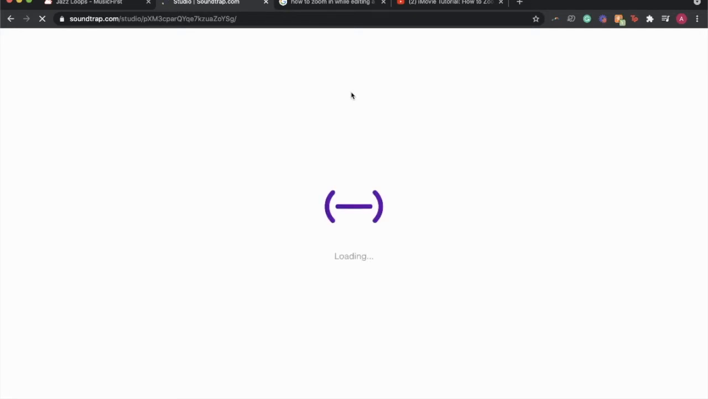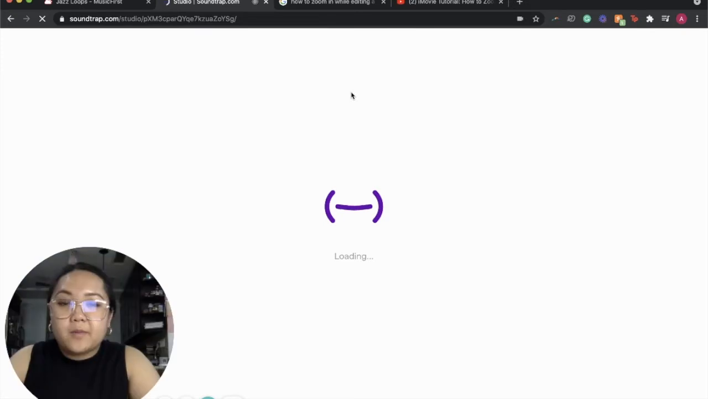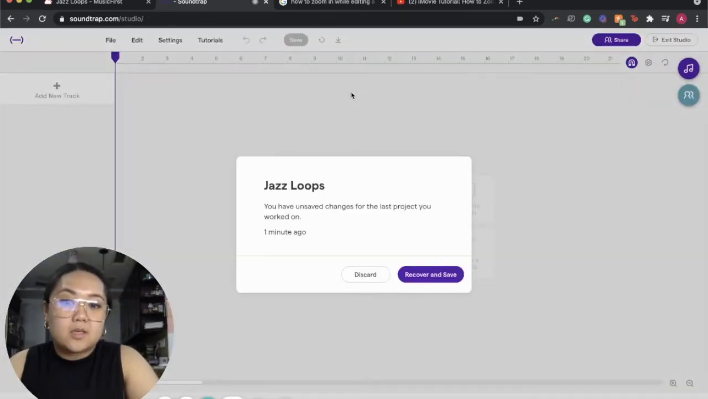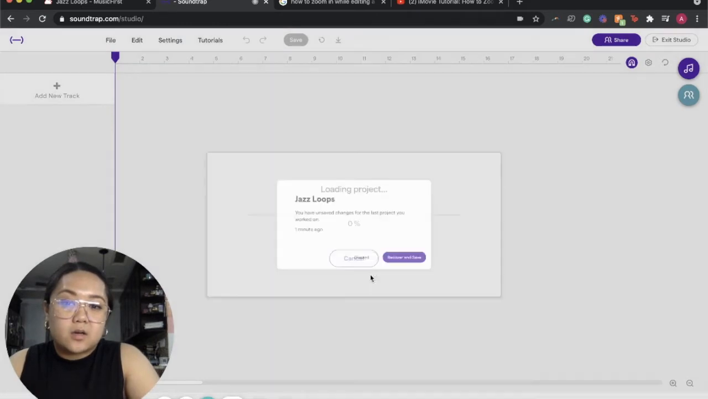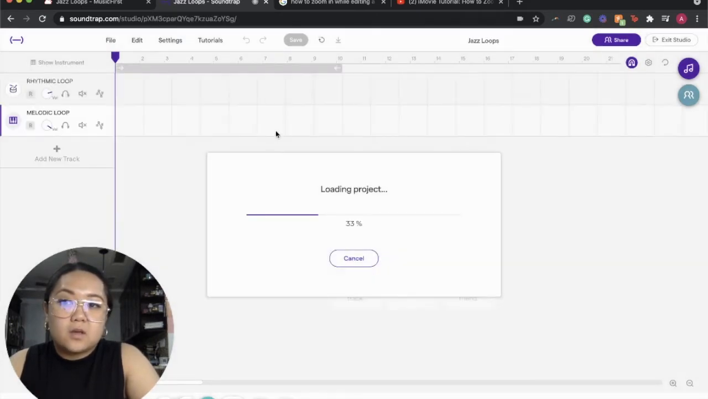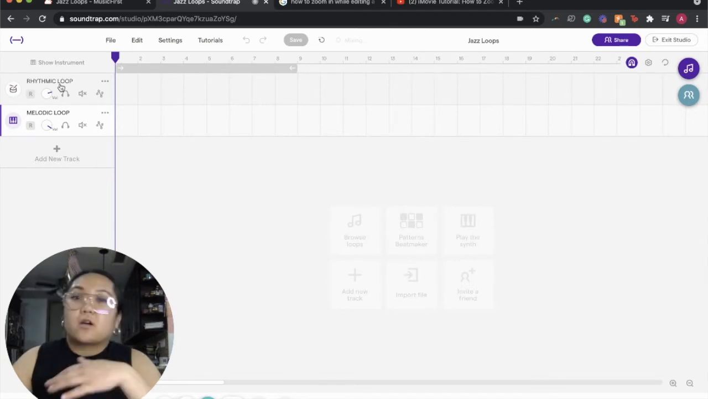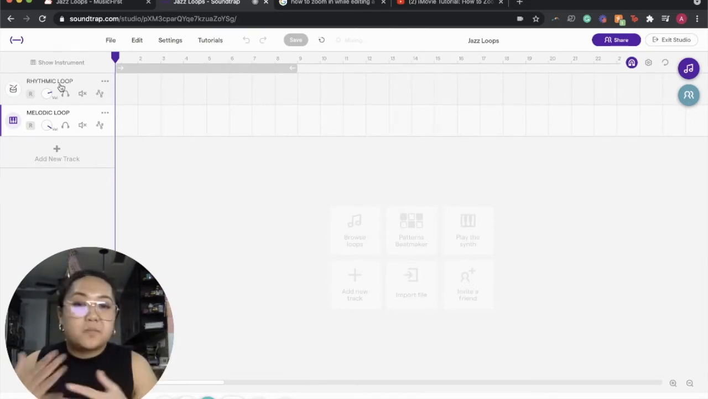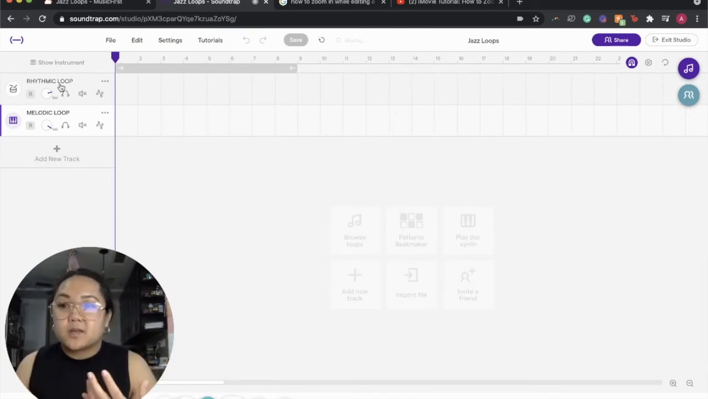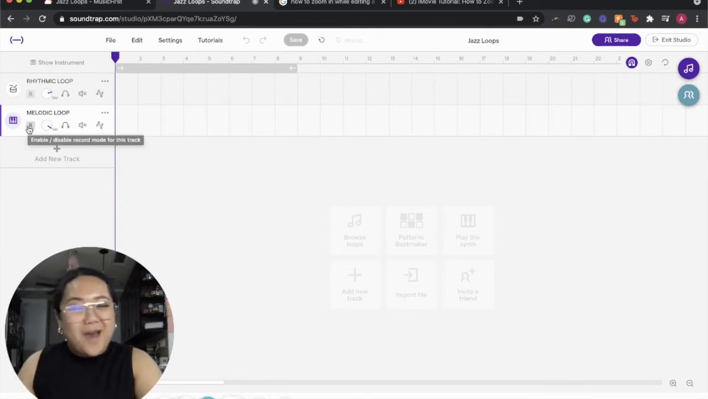You are picking two loops. One of them is going to be a rhythmic loop, which means there are no pitches, no notes. It's just beats, just maybe percussion instruments. And you're going to pick a melodic loop, which is the notes and the melody that we're going to be